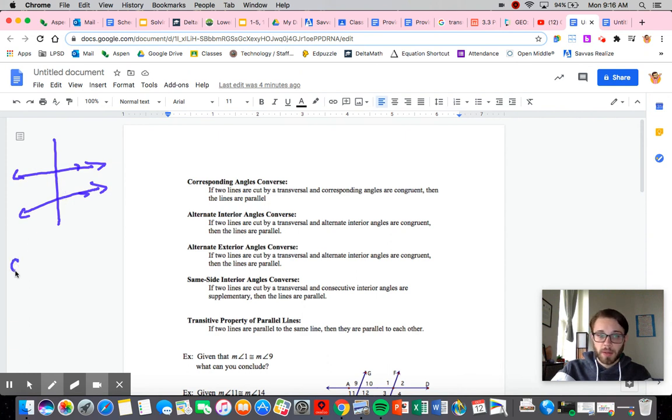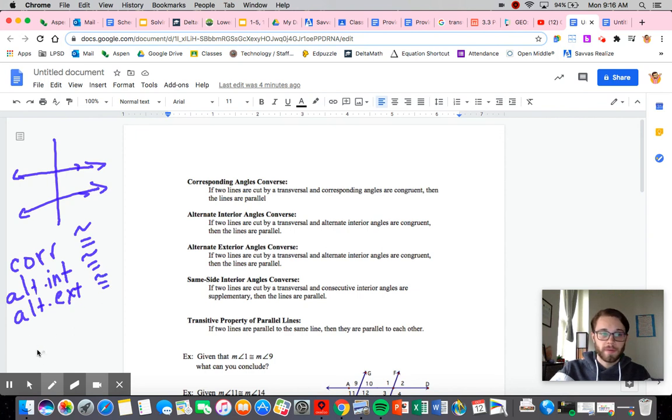We knew that corresponding were congruent, and we knew that alternate interior were congruent, and alternate exterior were